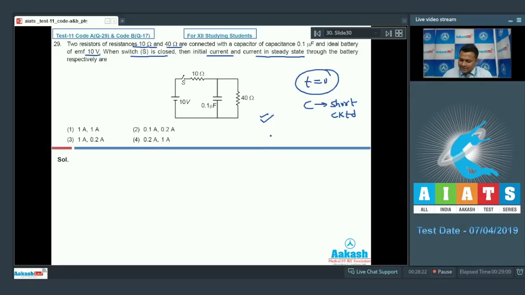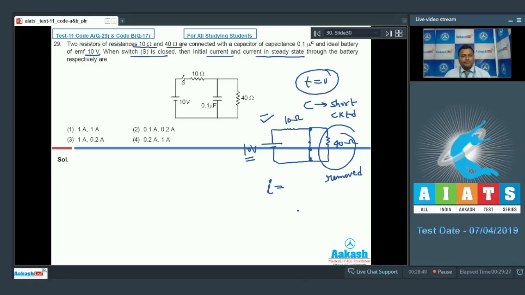and the circuit diagram looks like this: this is 40 ohm, this is 10 ohm and EMF is 10 volt. Short circuited, therefore this resistance will be what? Removed, and the current I will be V by R, that is 10 by 10, 1 ampere simply. But in steady state,